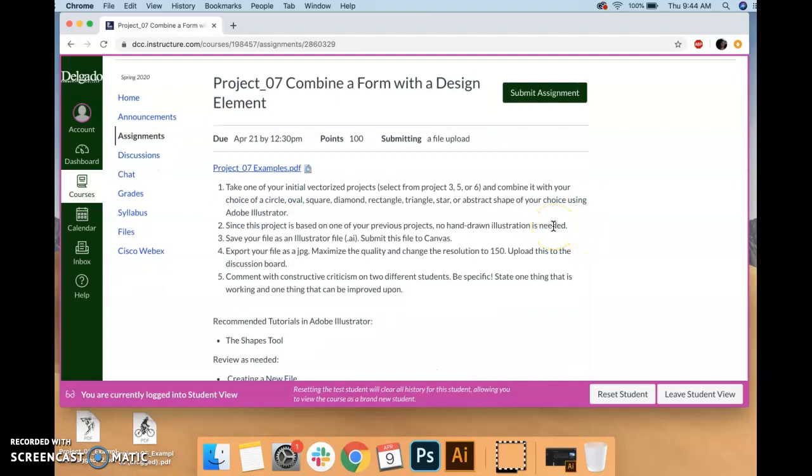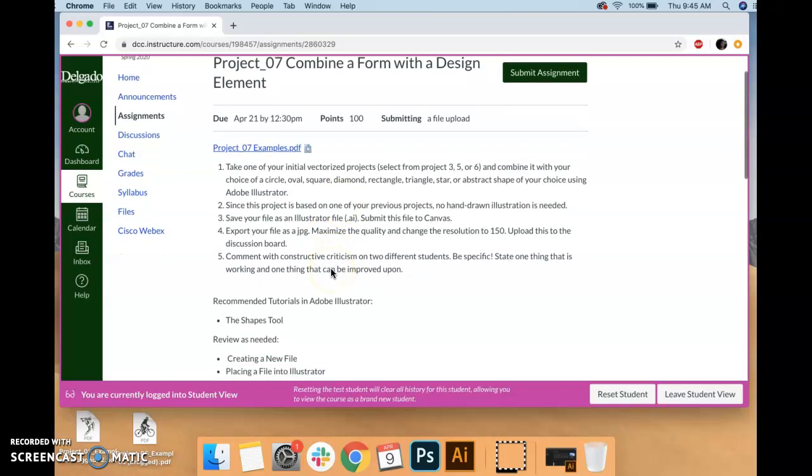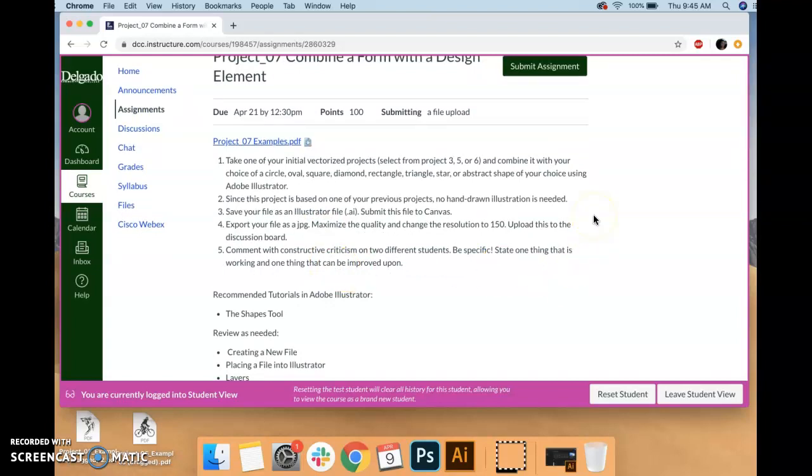So you're going to be taking one of your projects, whether it's 3, 5, or 6, and you're going to choose a shape. Got some options here, but you can also create your own. It can be more abstract. You really want to be playing off of your project and the shapes that are inherent in that and sort of complementing it or even contrasting it and playing with it from there. You're not going to have a hand-drawn component,